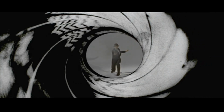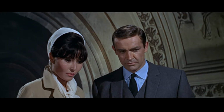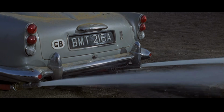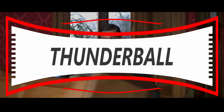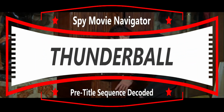Sean Connery in a gun barrel, a rocket jet pack, a fake funeral, James Bond punching a woman, Bond's French connection, cryptic Latin inscriptions etched on a chapel wall, water cannons shooting the bad guys from the Aston Martin DB-5, and of course, a fight. These are just some of the things we'll examine as we look into the pre-title sequence in the 1965 James